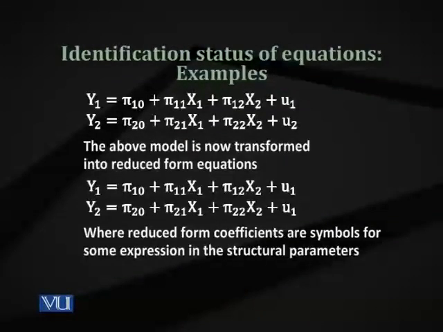This is how we use the subscript to identify the reduced form coefficients. So now you have two equations, two reduced form equations. Reduced form equations, remember, don't contain the endogenous variables on the right hand side. If you look at the screen, you will be seeing that we have brought them together.